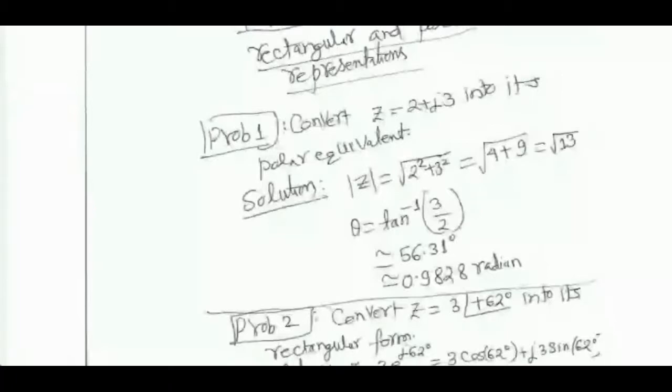Please note one thing, that if the angle is supposed to be in degrees, you always put a small 0 on the top. If you don't put a small 0 on the top, I would assume that you are talking about angle in radians. So don't forget in the exam, quizzes, etc., to put a small 0 when you mean to write the angle in degrees. Okay. Small point, but important.